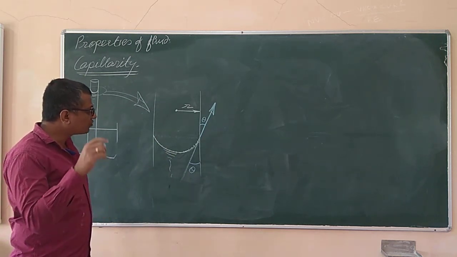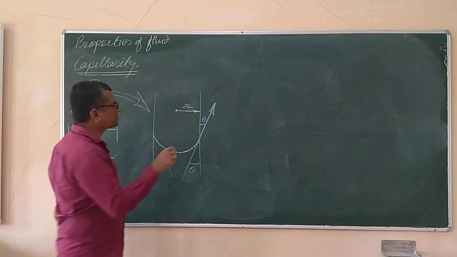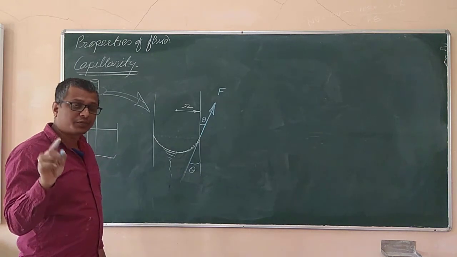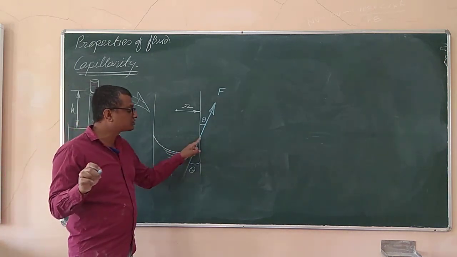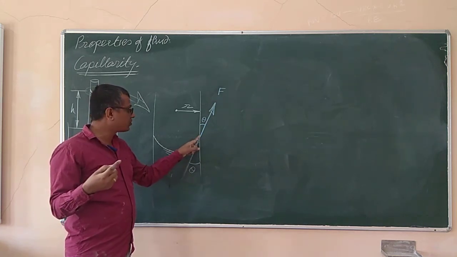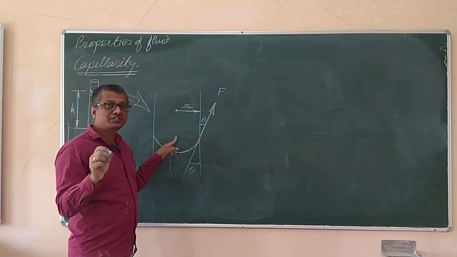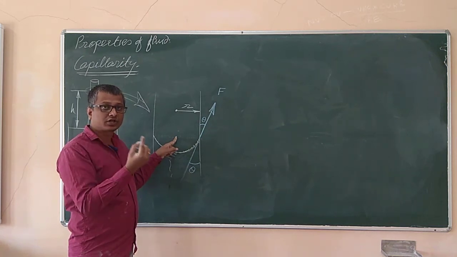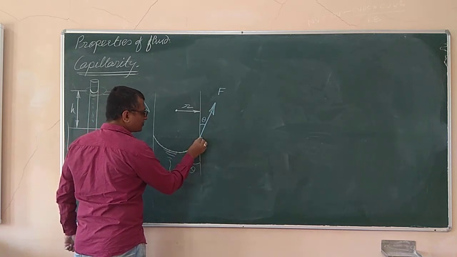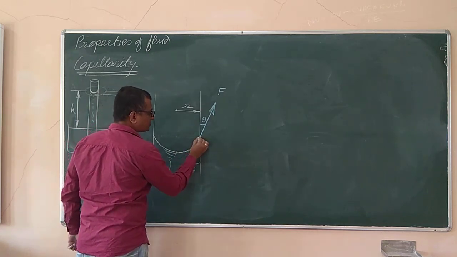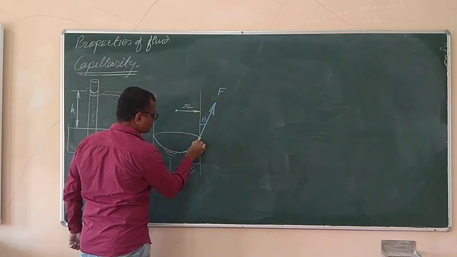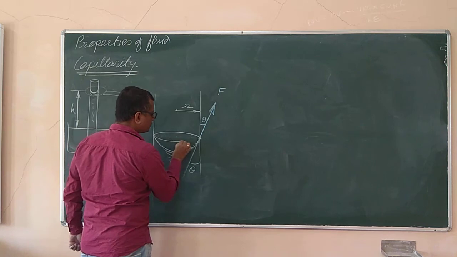Now, this is only one force vector that I have drawn, say the force F over here. But this force F is not simply acting at one particular molecule of water in contact with the solid surface. There are billions of molecules of water in contact with the solid surface, present on the periphery of that inner surface of the water. If I check this molecule which is in contact with the solid surface, there will be a number of molecules in contact with each other as well as with the solid surface.